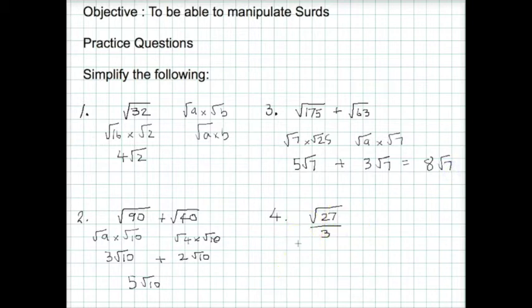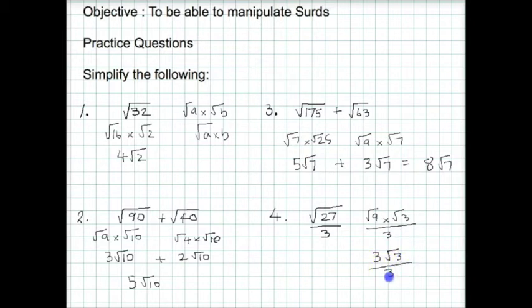This one here is a little bit trickier. We're going to go about it by simplifying this top number here, the root 27. So this can simplify into root 9 and root 3. So if we have root 9 times root 3, that's going to give us 27. That's all divided by root 3. Root 9 can be rationalised, and that gives us 3 root 3